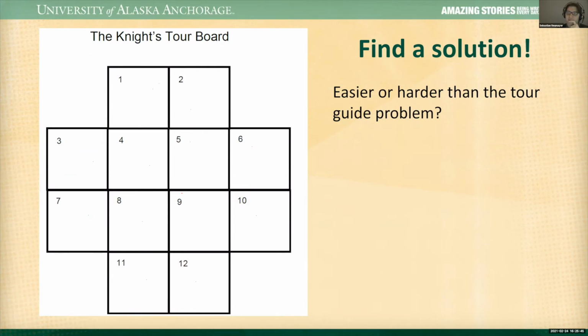Okay. So it would be 1, then I'd go to 7, then I'll go to 5, I'll go to 11, go to 10, and then it'll go to 4, and then it'll go to 12, then I'll go to 6, then I'll go to 8, I'll go to 2, then I'll go to 3, I'll go to 9, and then I'll go back to 1. All right. That looked good to me. I think that's a valid solution.